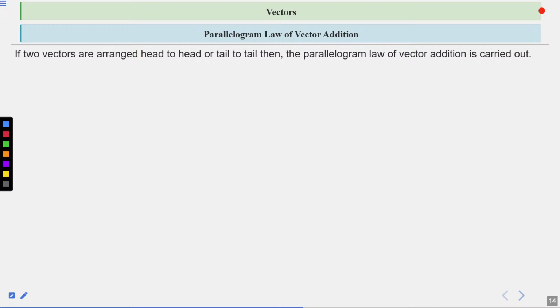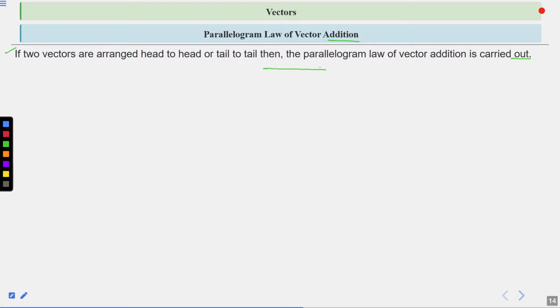Now we will learn the parallelogram law of vector addition, and this is very useful for upcoming lectures like motion in a straight line, motion in a plane, laws of motion, work energy power, gravitation. So the parallelogram law of vector addition is very important. If two vectors are arranged head to head or tail to tail, then the parallelogram law of vector addition is carried out. So before knowing about the parallelogram law of vector addition,